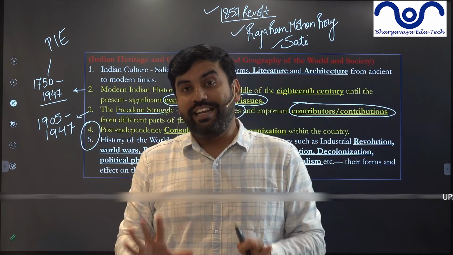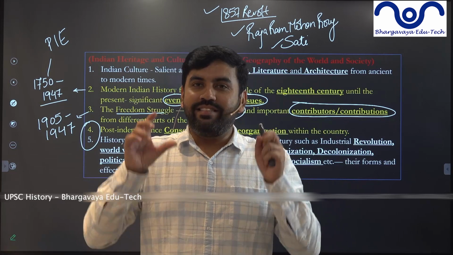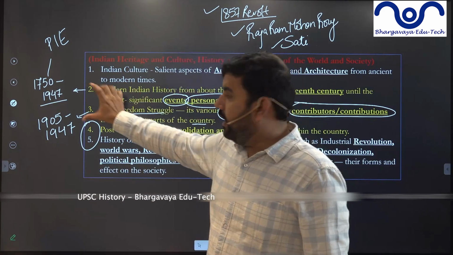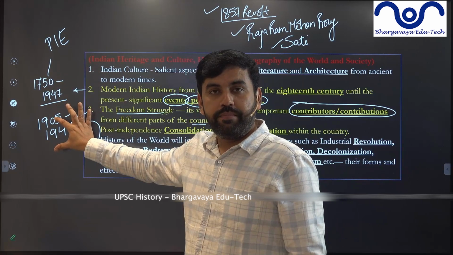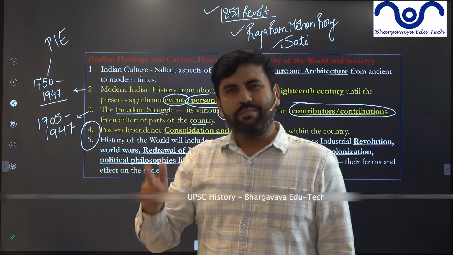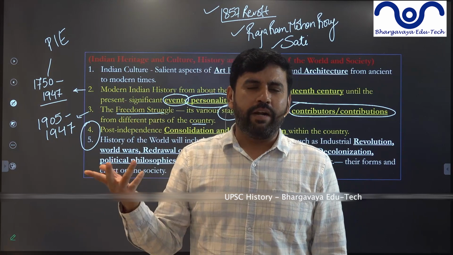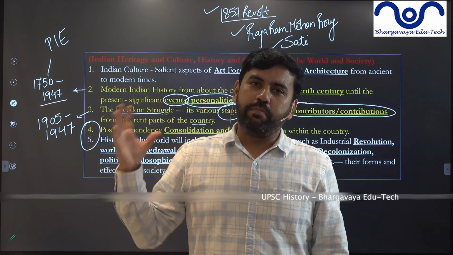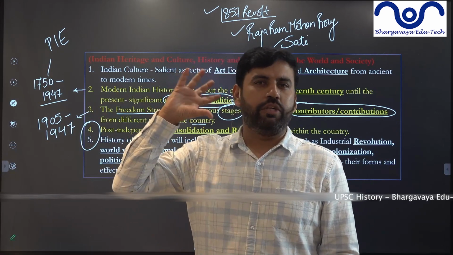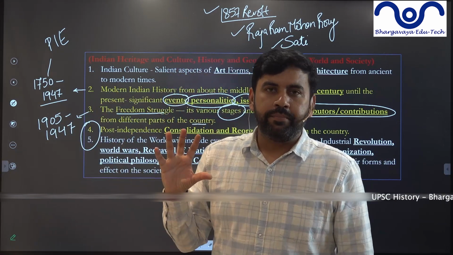So guys, this is the syllabus. Please keep these things in mind: in modern India, what are they asking, what is the range of the period, and what are the dimensions that they are asking. Just go through the syllabus 2 or 3 times. Don't try to mug up. I don't believe in mugging up things. Just read it 2-3 times and you will have a picture memory in your brain. Moving ahead.